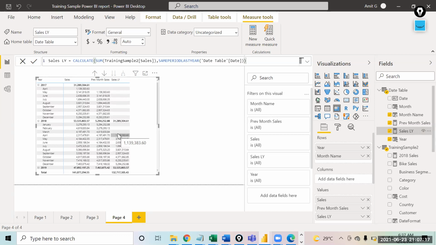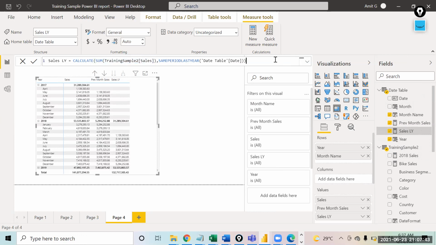Amit, when we click on new measure, why does it only create the measure in the date table? Why not in the training sample too? That is just because that table is selected. You can move it. In a measure, the calculation is defined; it is not creating any physical data.